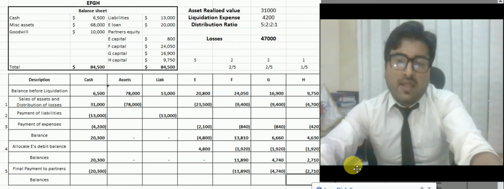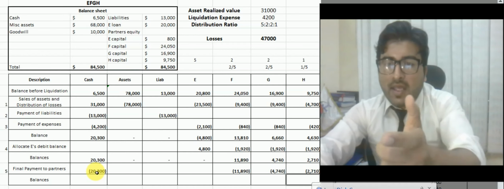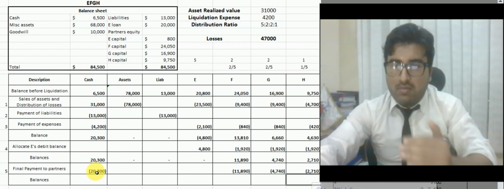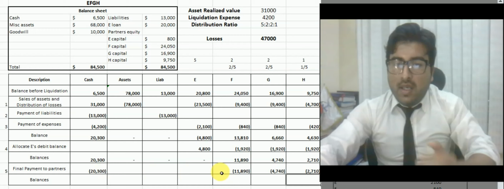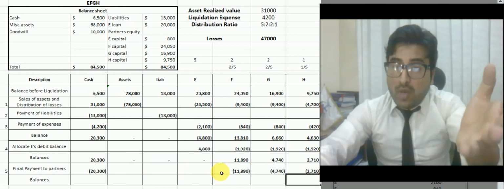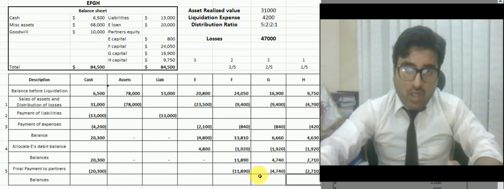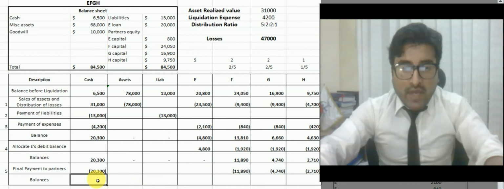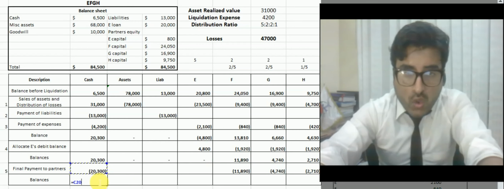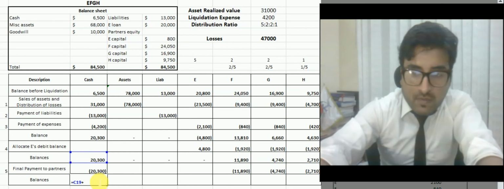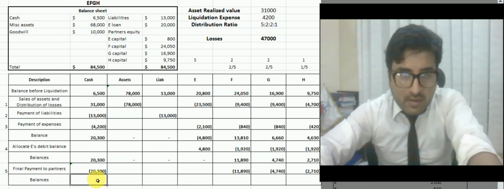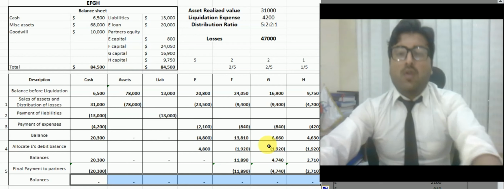What we have done here, we are paying the cash, so the cash is decreasing, right? And when we are paying the partner, the capital of the partner is also decreasing, so that is why all the values decrease. Now at the last two rows, balance, right, and balance it. So when you drag to the right,